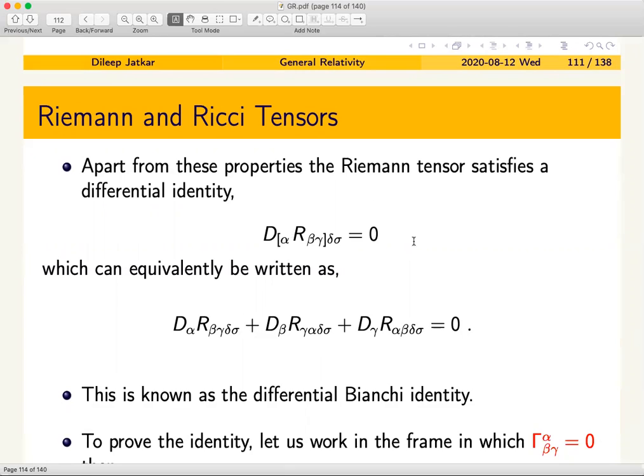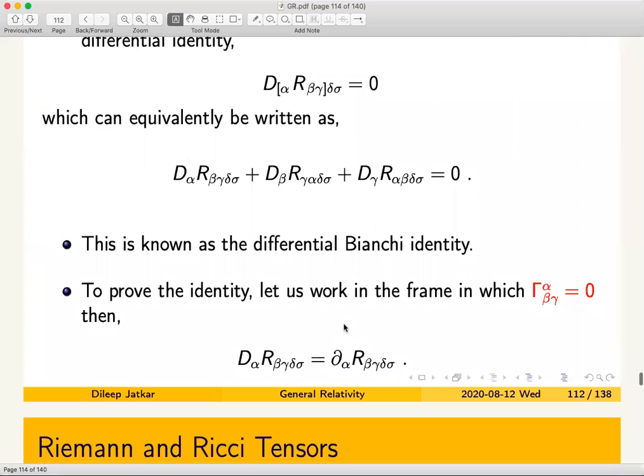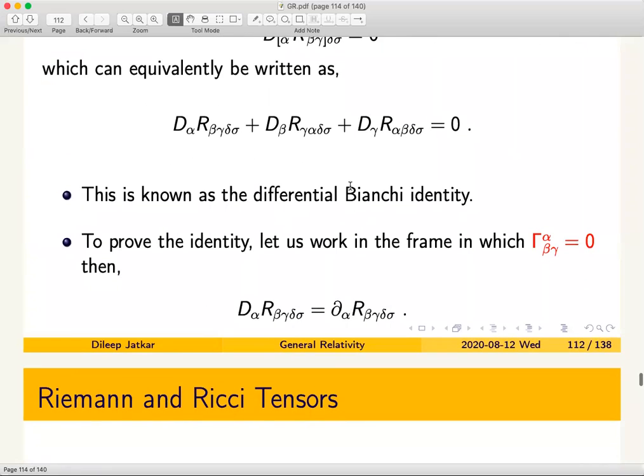So if you look at this condition, this is a differential Bianchi identity, and since it involves taking derivatives, it does not reduce the number of components, unlike the algebraic equations do. What we did last time was actually show that this Bianchi identity is true. Since it involves the covariant derivative of a tensor, this is a tensorial equation, and all these quantities are tensors. If you can show that this identity is true in one particular frame, it is true in all other